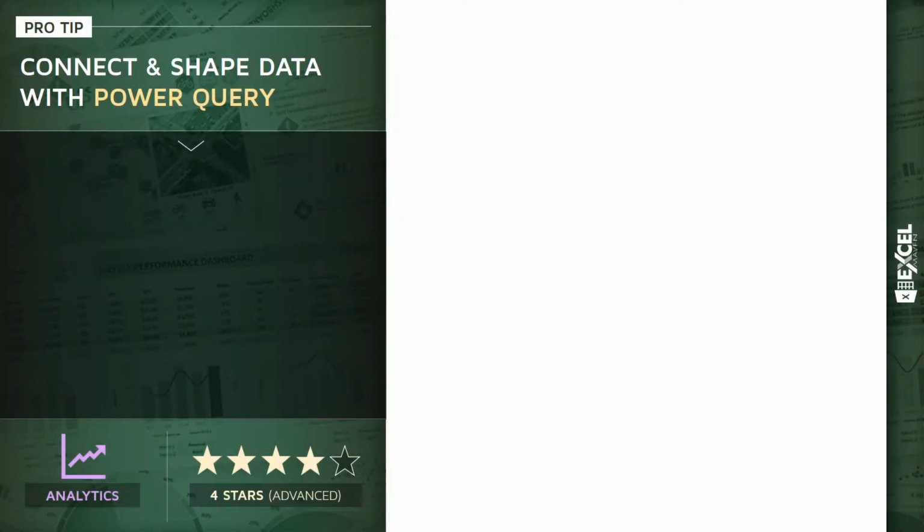All right, I want to take a few minutes and walk you through a quick and brief introduction to one of the most powerful tools in Excel called Power Query. Now, this is a 4-star advanced analytics tip. We're going to talk about how to connect, shape, transform, and load data from external sources into Excel using these